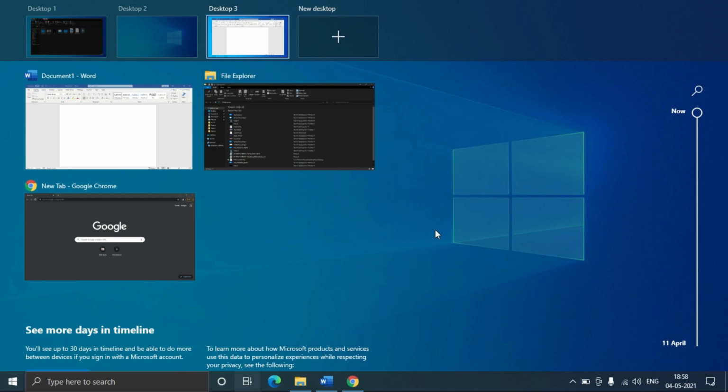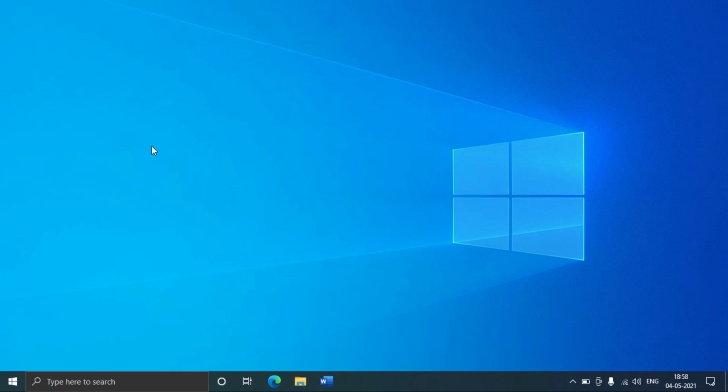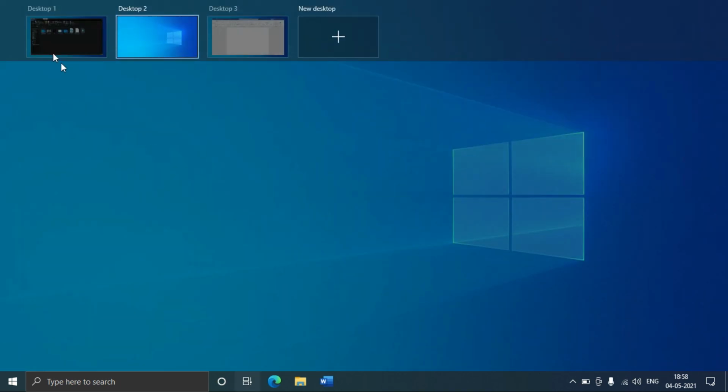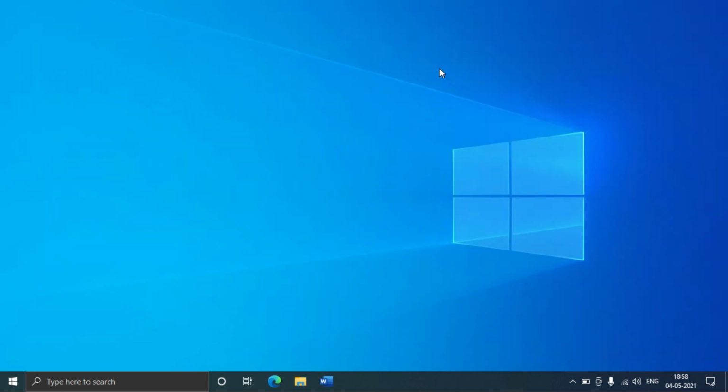So you can see a snapshot of all the windows that are open and all the virtual desktops that you have created. So that's also very nice. And if you don't have any window opened, like here, then also if you swipe up with three fingers, the task view will be there. So these gestures are mostly common sense, if you ask me. So this was about three finger gestures.